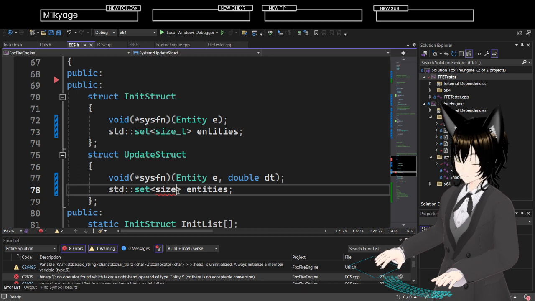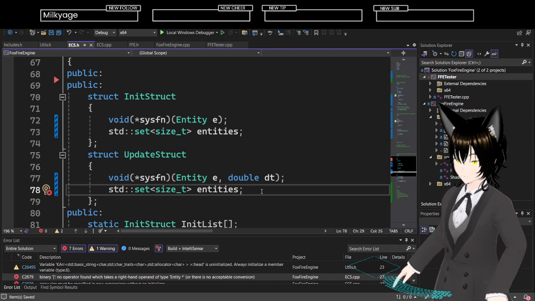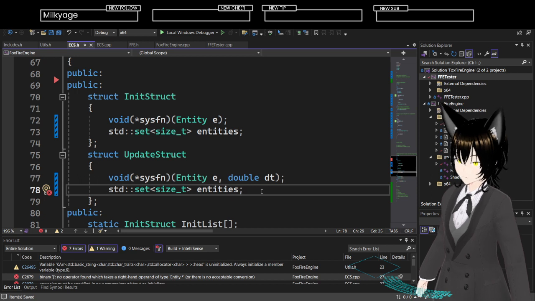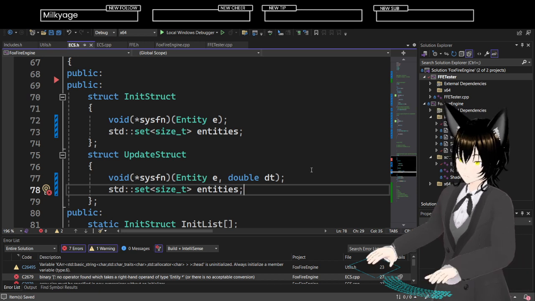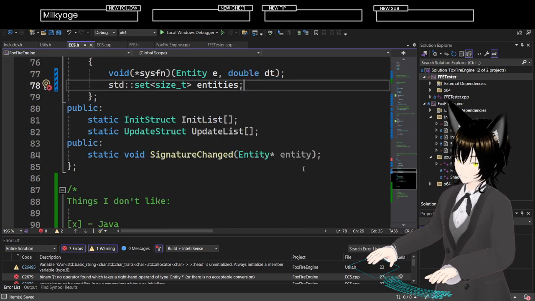Yeah, I'm just gonna have the set is gonna be the largest thing.